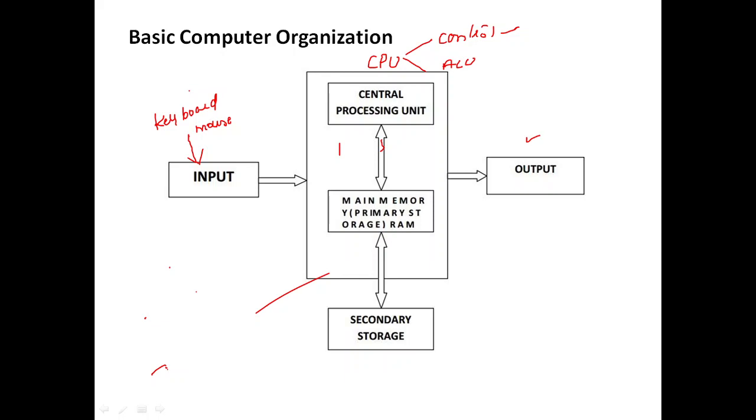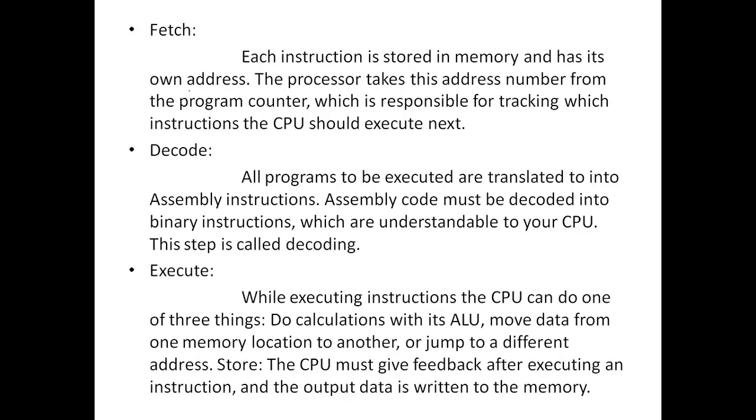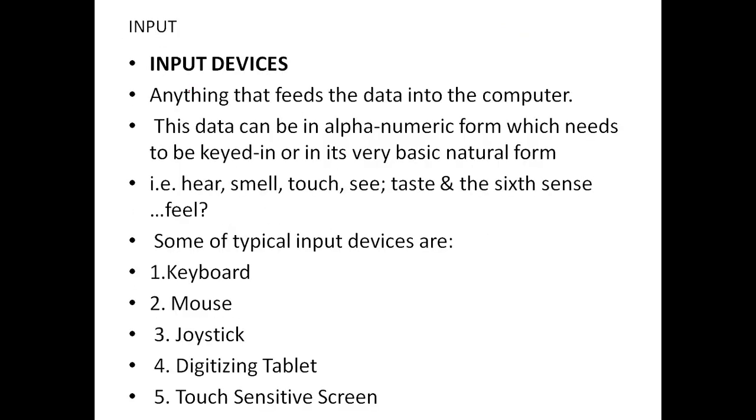Some different examples of input units are the keyboard, mouse, joysticks, light pen, barcodes, image scanners, and touch sensitive screens. All of these come under the input devices. Let me show you. The first one is the input devices. The things I have mentioned are the keyboard, mouse, joysticks, digitizer tablets, and touch sensitive screen. All these come under the input device. Let me tell you about the keyboard.